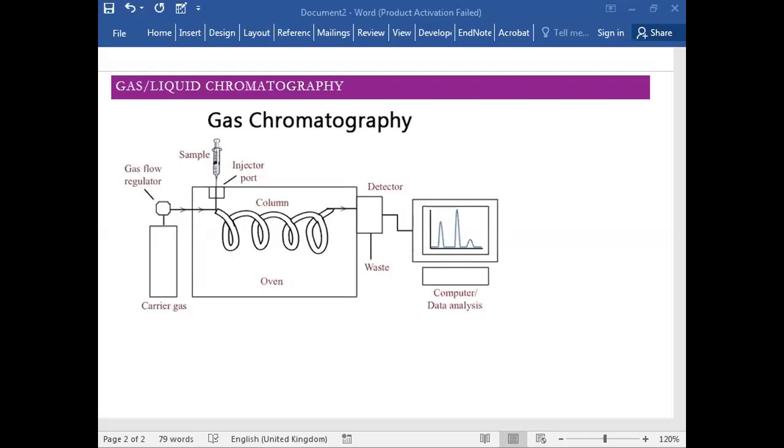Okay, so let's have a look at gas chromatography. This is the kind of apparatus that we have for gas chromatography. The sample that we need to analyze, we inject it, a very small amount, we require very few milliliters